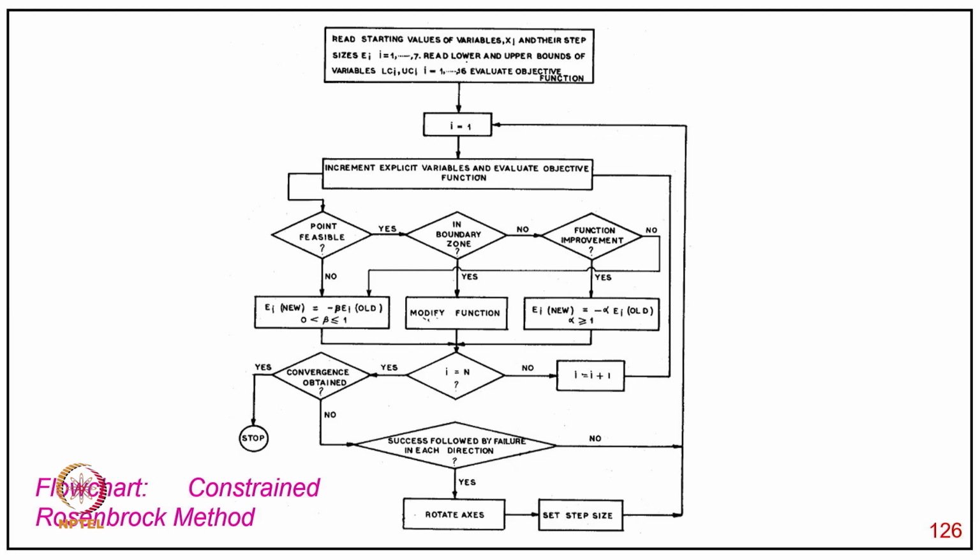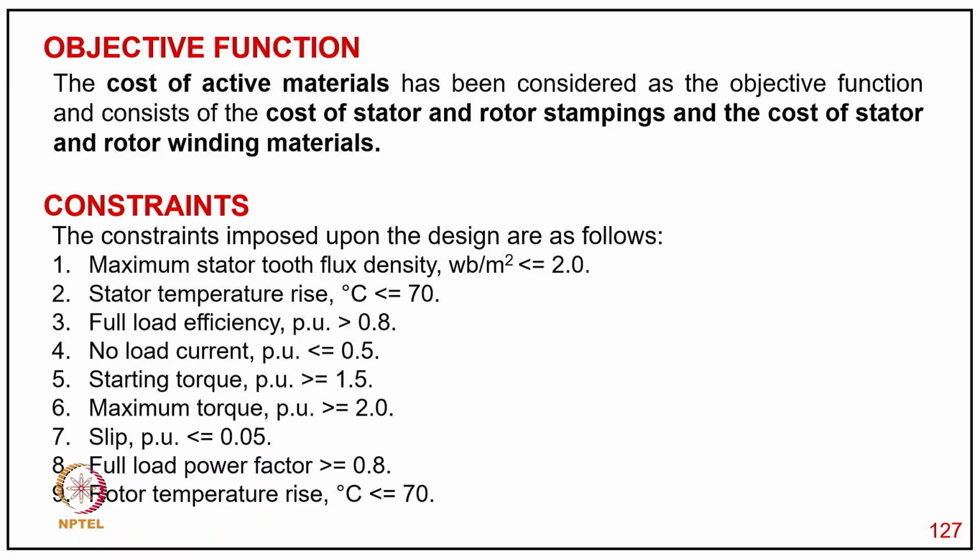And this is typically the flowchart of the constrained Rosenbrock method, starting from the initial design, then you calculate the implicit and explicit variables and evaluate the function, then check the boundaries and see whether it is improving or not improving. Then you have to go with the acceleration or deceleration factor for defining all the variables in sequence for this design. So now coming to the objective, the cost of active material has been considered as the objective function,